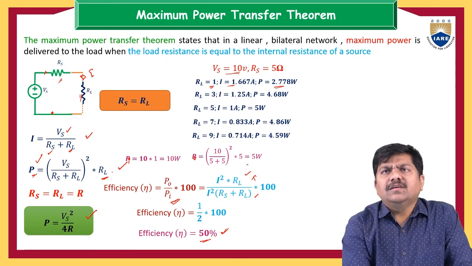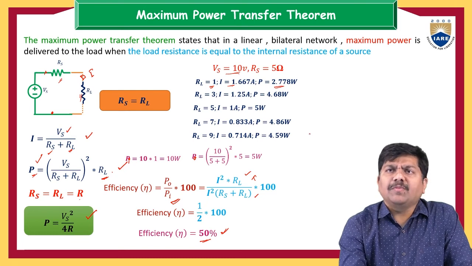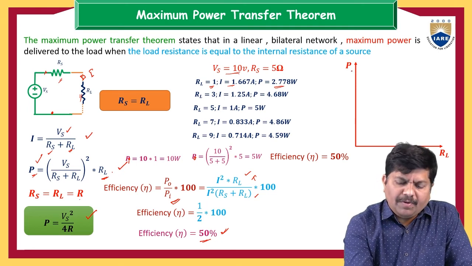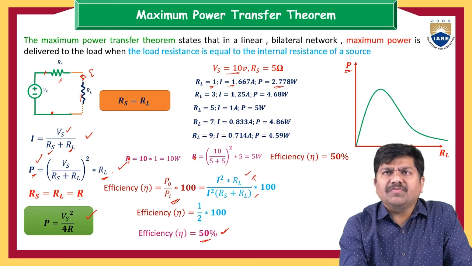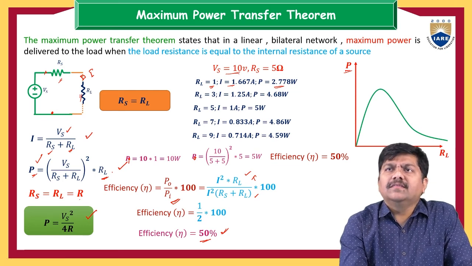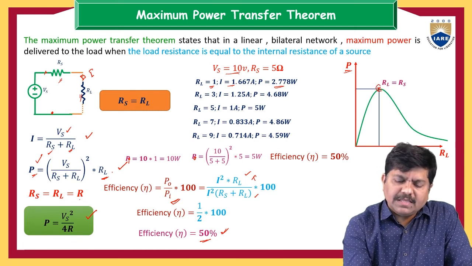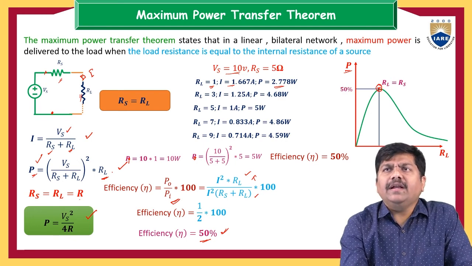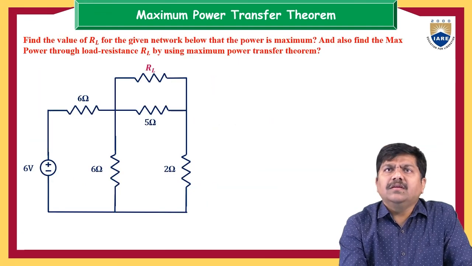So what is this here? Even if you take P0 by PA, here also we are going to see only 50% of the value. That is the intention here. If you plot the total power with respect to the load resistance and mark all the points, the graph looks like this. This point is the condition for maximum power, that is, RL is equal to the Rs value. This is achievable at 50% of the input power. That is the meaning of this.